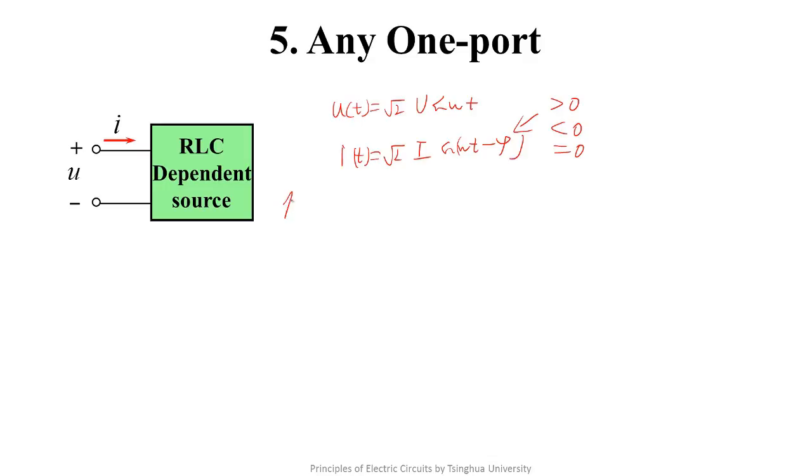We write the expression of the instantaneous power. We also need to use the trigonometric equivalent transforms, that is, so we can get